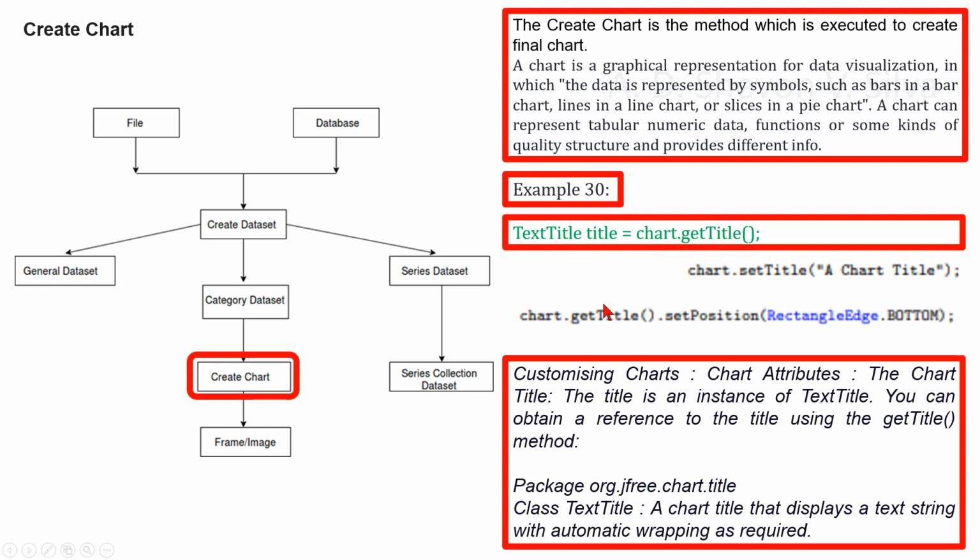To modify the title without changing the font or position, you can use setTitle here. The placement of the title at the top, bottom, left or right of the chart is controlled by a property of the title itself. To move the title to the bottom of the chart here,